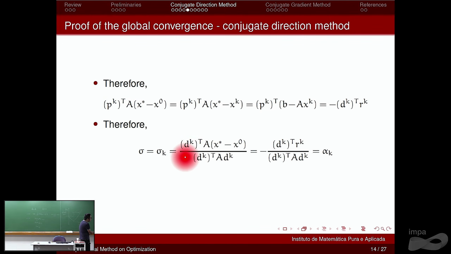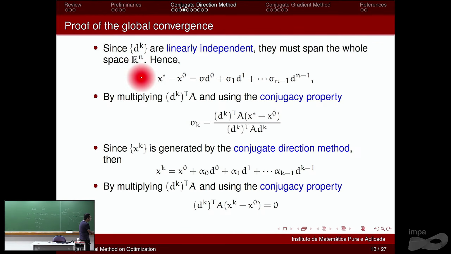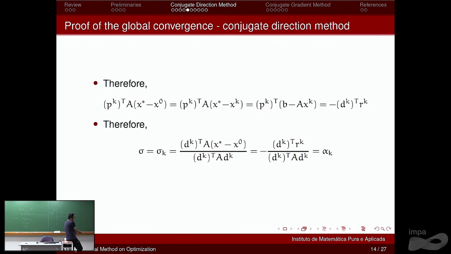This sigma k we get from this formula. This formula we get from the decay. The directions are linearly independent, so we know the sigma k. No, there is no sigma here. Sigma k equals this, and from the xk generated as a conjugate direction